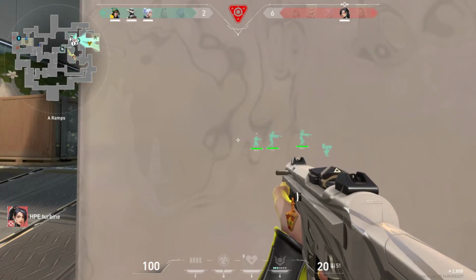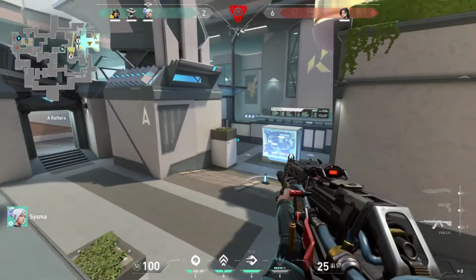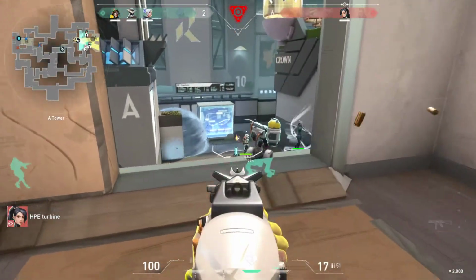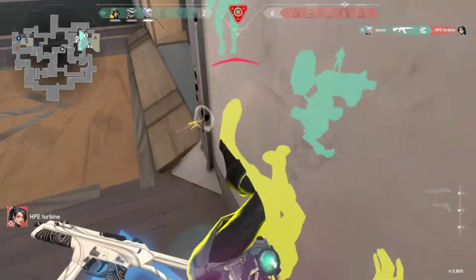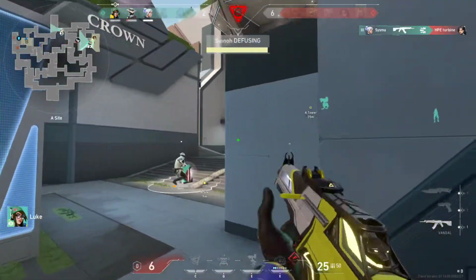Flank might work out. But this bomb plant should give them some information that he's not on the site, because this isn't typically somewhere you'd plant. Yeah, the turret blocking a few shots there, but he knows no one's on the bomb. Finds a dink. This could be huge. He does have heal available, but this is about with the updraft. If he wasn't up there and he didn't have that updraft available,